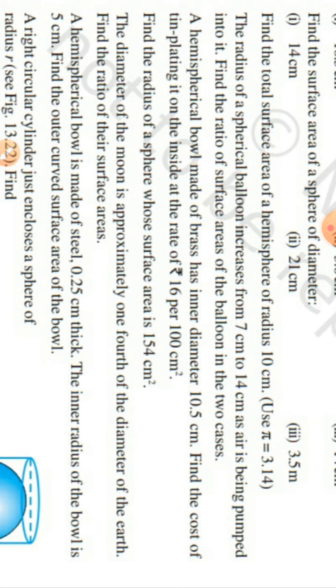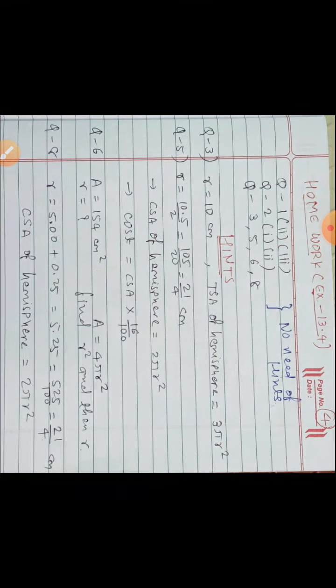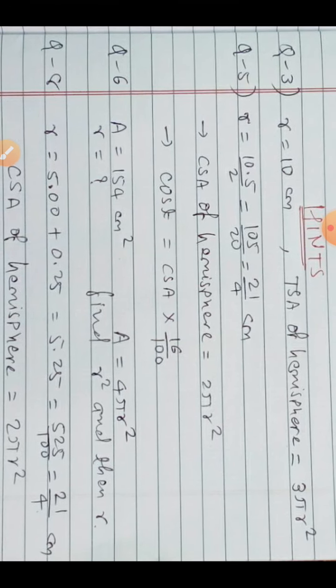Another new thing is they have not given the rate of 1 centimeter square. Instead they have given the rate in bulk of 100 centimeter square. So first of all you have to find the rate. So rate becomes 16 upon 100. Why? 16 per 100 centimeter square, we want it for 1 only. We have already gone through this type of practice in our earlier exercise also. So again, this is not new, just like all other sums, it is simple.